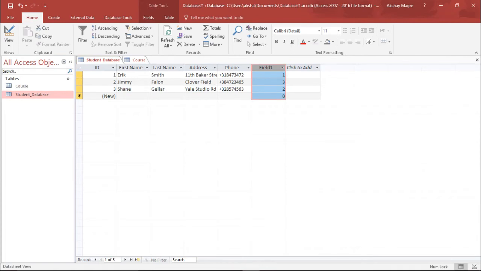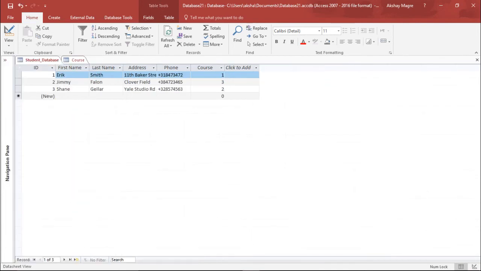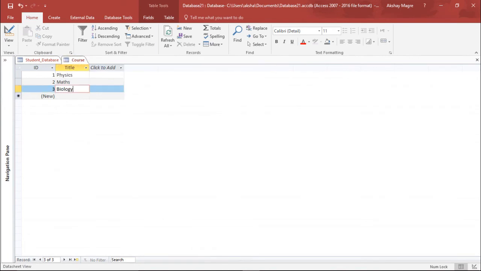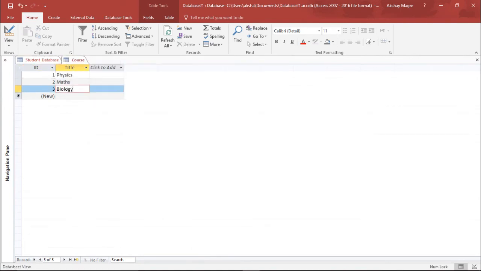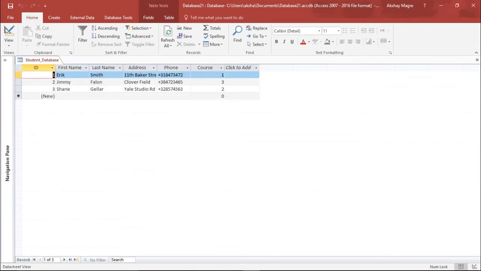All right, so perfect, I have done it all. Let me rename this field. So this will be for the course that he has opted for, and this is the ID number for the course. So we have this database. Now we have interconnected, and now let's try to create a relationship between them. So I'll just minimize this. In order to create the relationship, I need to close both these tables. So I'll simply save this and close it. Also I'll save this, and let me close this again.